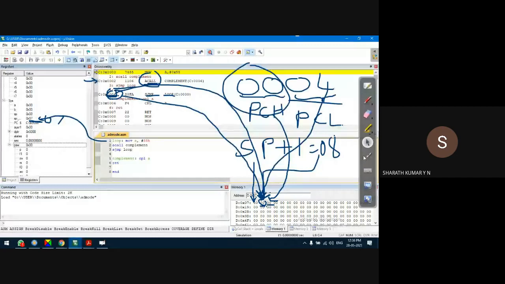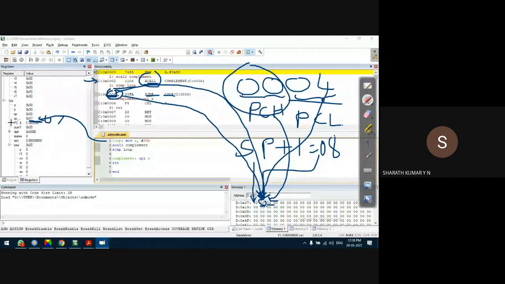Anyway, observe this stack pointer. What is the stack pointer pointing to? 07H. That means it is pointing to the starting address 07H. But as the ACALL instruction is executed, it will store the address of the next instruction, in our case SJMP loop, on the top of stack memory, starting from the address 08H, by incrementing the stack pointer by 1.